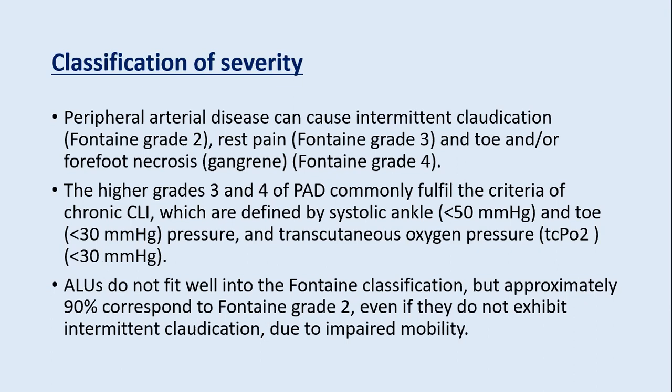Further classification of severity is done on the basis of Fontaine grade. The Fontaine grade 2 is the peripheral arterial disease associated with intermittent claudication. And if the pain is without movement, then it is Fontaine grade 3. And toe or foot necrosis or gangrene is Fontaine grade 4. The higher grade, that is 3 and 4, of peripheral arterial disease commonly fulfill the criteria of chronic limb